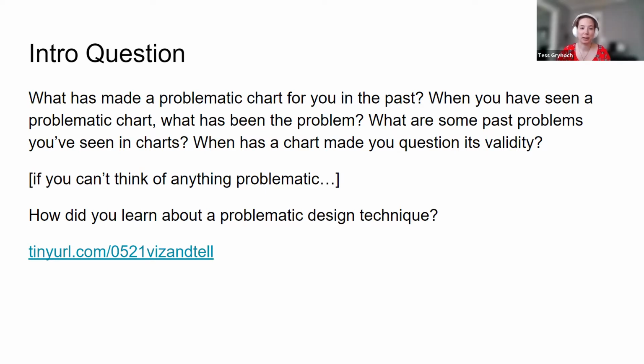Yeah, so I'm seeing some great responses coming through in the chat here, from trying to cram too many data variables into a clustered bar chart, the wrong display, misleading axes, varying scales across multiple graphs. Yeah. All right. So now that you're in that frame of mind with these things that we should be looking for when we're viewing charts,